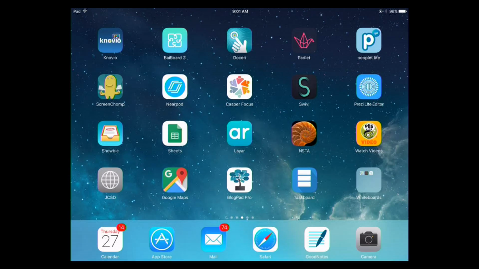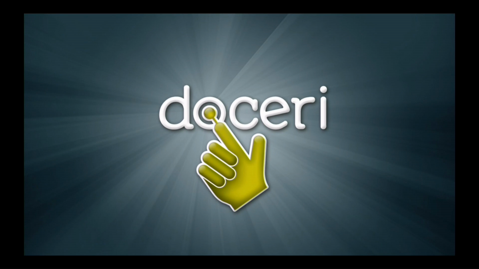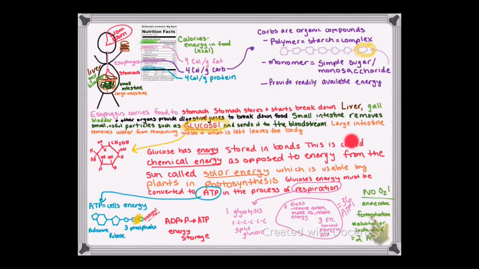Okay, so let me show you what Doceri looks like really quick. This one's kind of crazy. Maybe I shouldn't show you this one. This was our digestion unit all summarized on one page. So this is a little bit different. This was not a student because I don't have any student exact projects on here. But